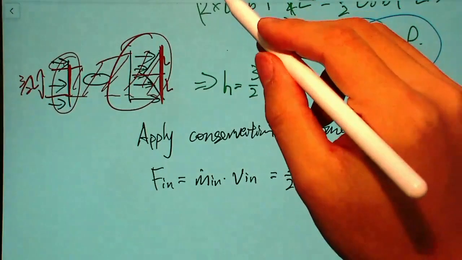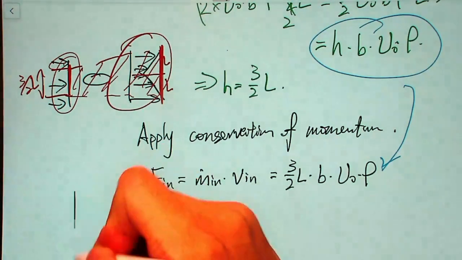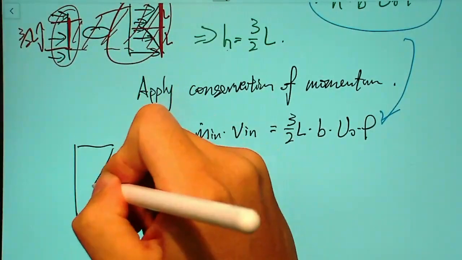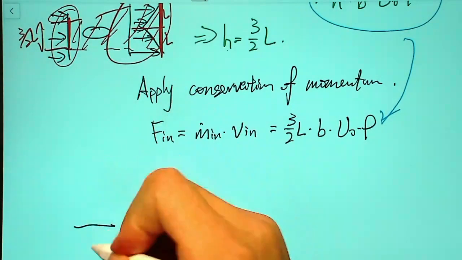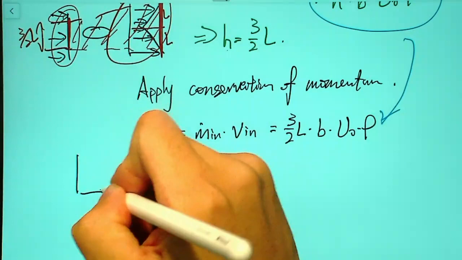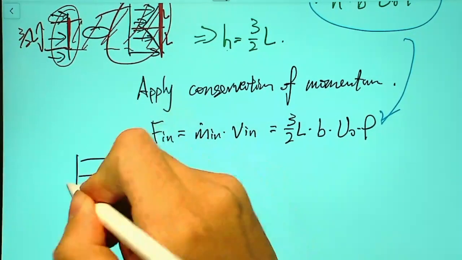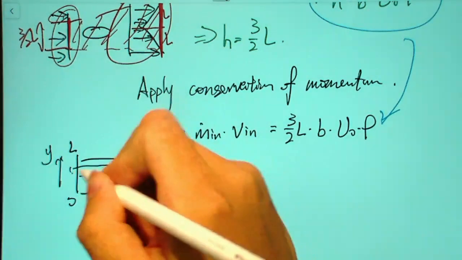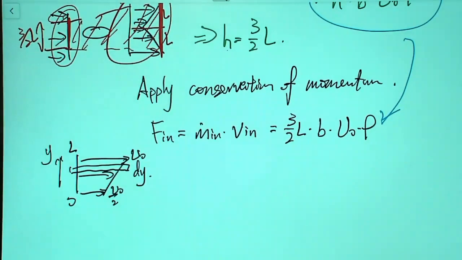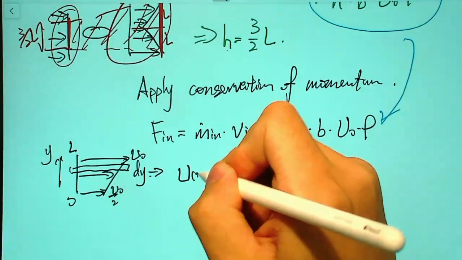And then we need to calculate the outlet one. The outlet one is a little bit tricky, so it's not so direct. We still recall that since it's symmetric, we only consider the top half. So again, we have this relationship, half U0, and we define it as 1 from 0 to L. So for each dy, we can find out the corresponding velocity at this point. The corresponding velocity at this point should be uy equals to,